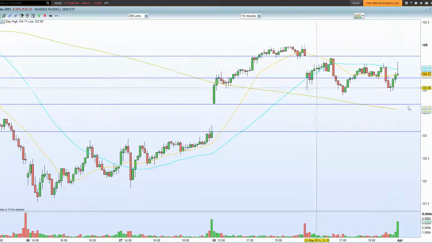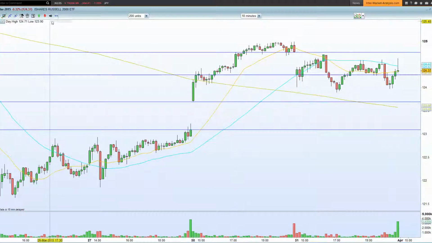Okay, so we did hold that gap. Again, we did not put in a lower high today, and a lower low, should I say, and if anything, this is on the verge of a downward sloping wedge pattern and looking for a potential breakout higher. Okay, from my perspective, given the fact that we put in a base here, yes, we do have an unfilled gap below, so it certainly remains vulnerable to that, but we did hold the low.